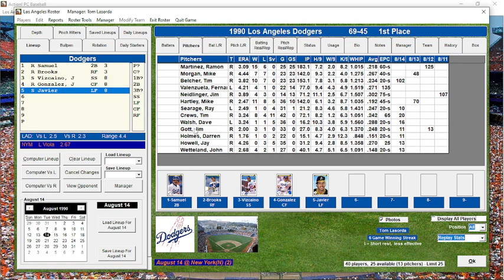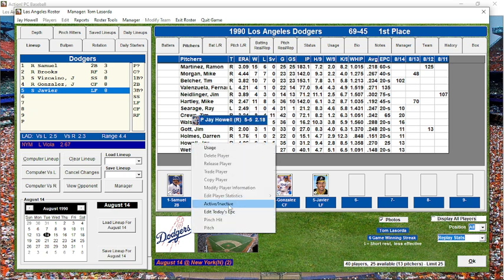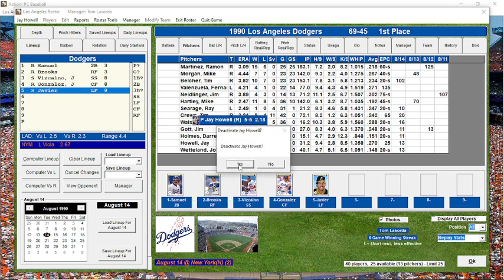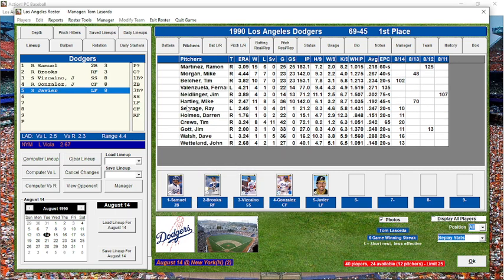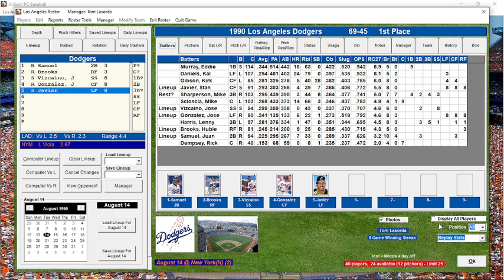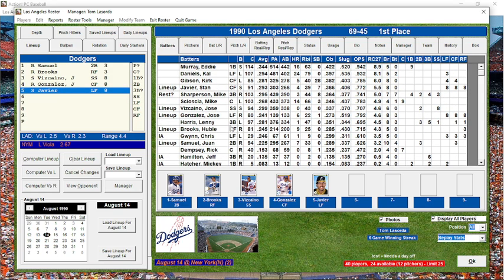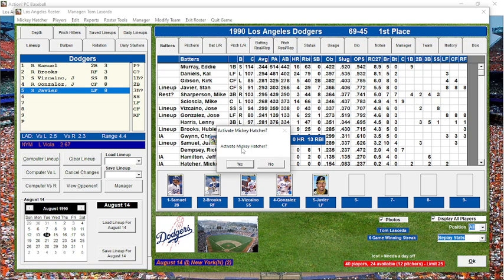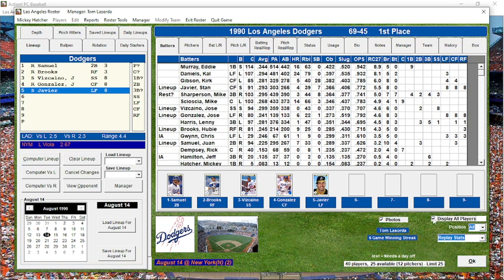We're going to need Walsh soon, so it won't be him. I guess it's Howell. Howell will be inactive, even though he's one of the guys that actually has pitching. We might see a position player. I hope this could be a disaster. Okay, the reason I did that is so that I can open this up and bring another guy up, and that'll probably be Mickey Hatcher. So he can play first base. So Eddie doesn't have to.